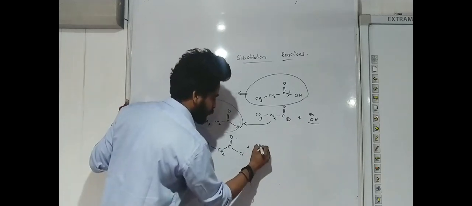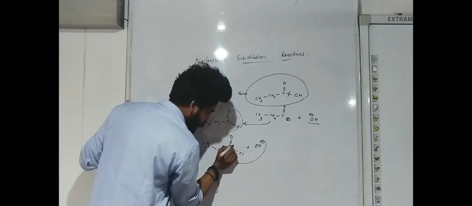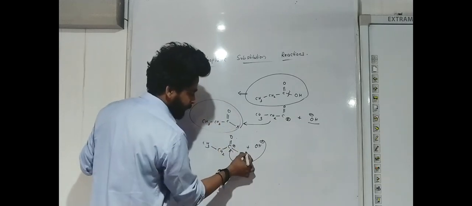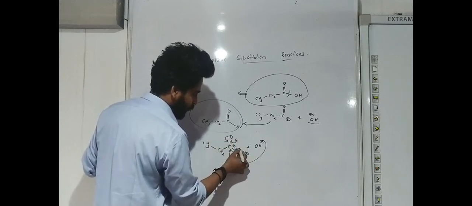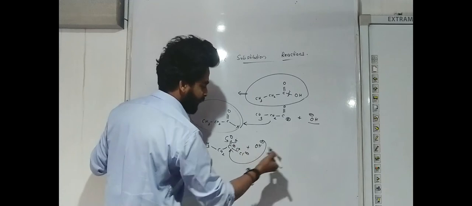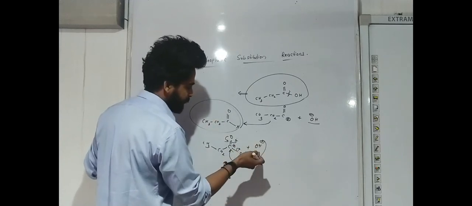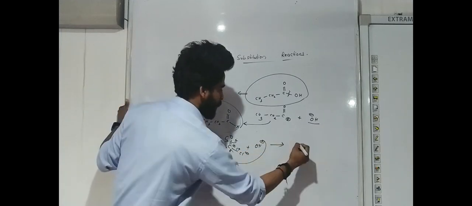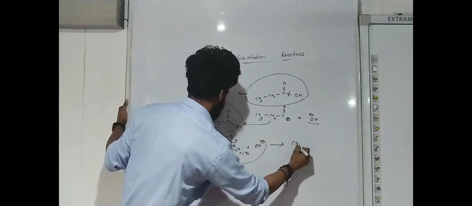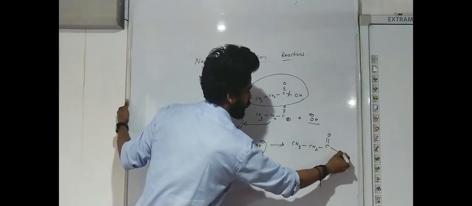So by using OH minus, what will happen? This will come and attack the carbon, because this carbon is partially positive and the chlorine is partially negative. So this bond will break, a new bond will form, and the chlorine will leave. It will leave with H if you are using H2O, and if you are using NaOH, it will leave as NaCl. Then we can easily filter that compound. So we will get the product CH3, CH2, C double bond O, OH.